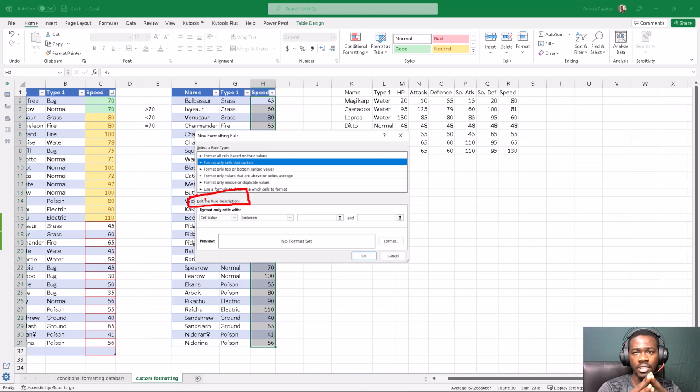So for example, I say the rule is we are going to format cells that contain something, okay? And then what we want to clarify, what more do you want to add to the rule? We are formatting cells that should contain a value which is greater than 70, and so that is the edit rule description. So after you selected format only cells, you can just click on it, format only cells that contain,